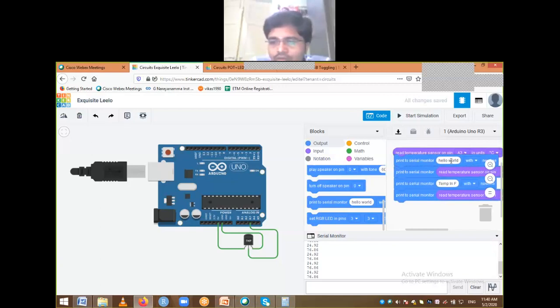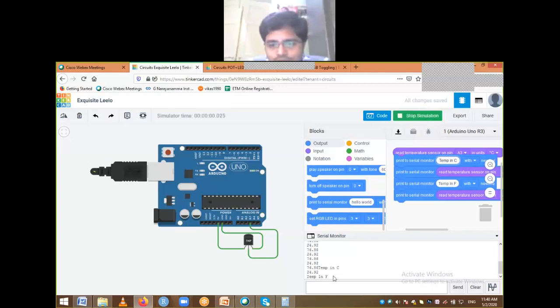Here I want to write temperature in centigrade, degrees Celsius. This will be more clear for us, which is Celsius and which is Fahrenheit. Now let me try simulating. Temperature in centigrade, temperature in Fahrenheit, like that we are getting.